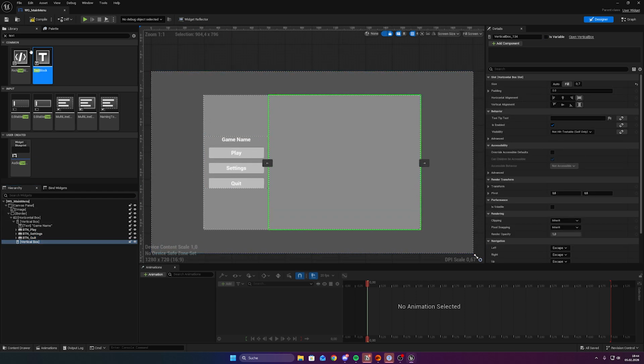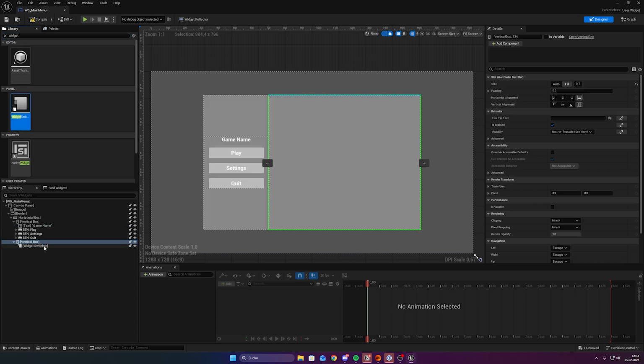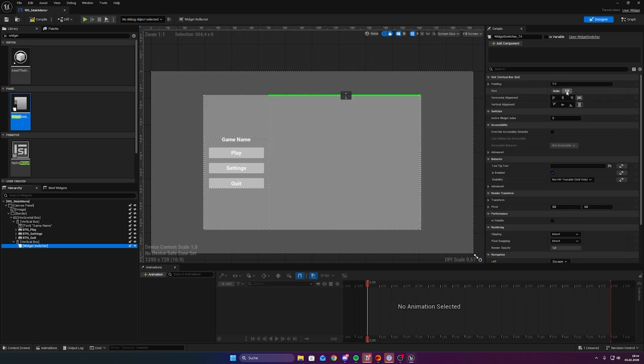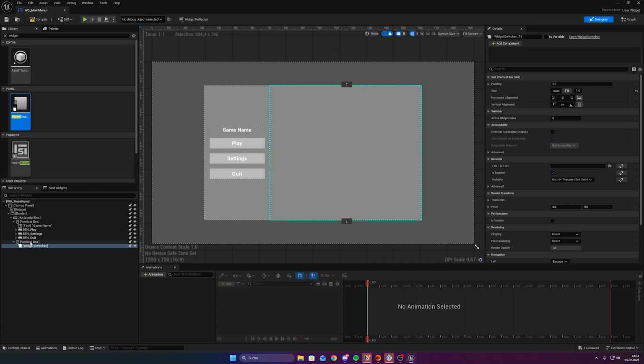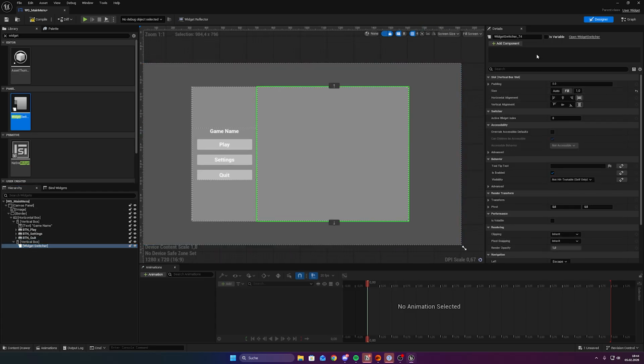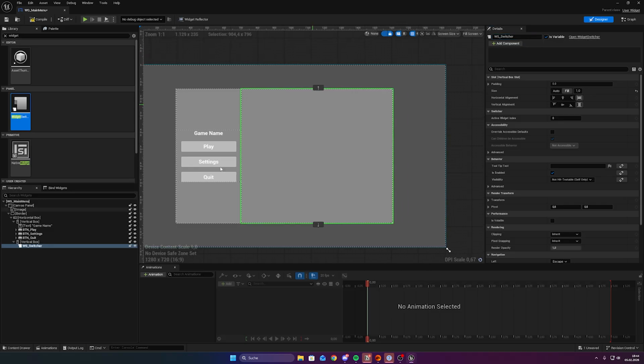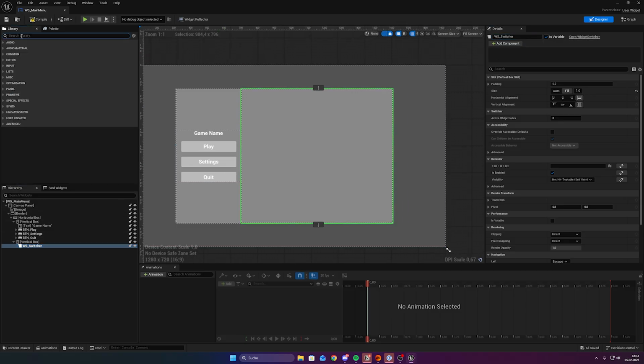And into that vertical box we will put a widget switcher and put it to fill as well. And call that ws_switcher, make it a variable as well, and into that we can put I guess size box for now